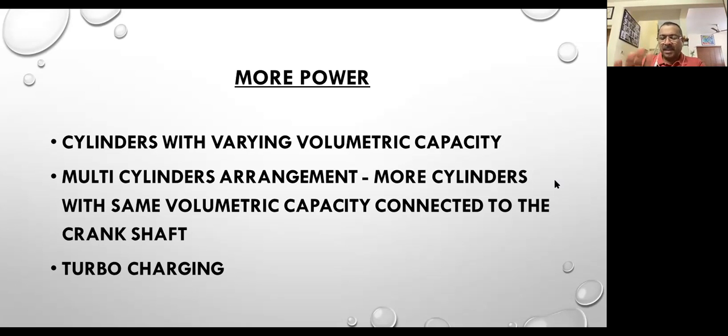So the engine will be making power continuously, and it will give a uniform rotation. It will be tapping the crankshaft frequently. If we have a multi-cylinder arrangement in which the power strokes are distributed through the 720 degrees, it will get more and more taps, and the shaft will rotate in a smooth way.